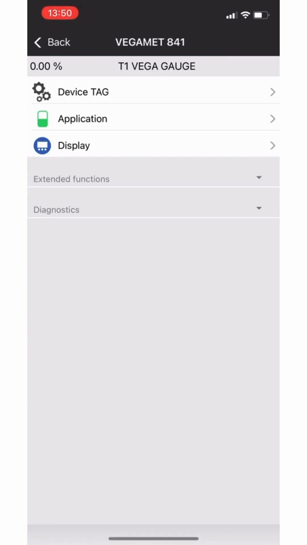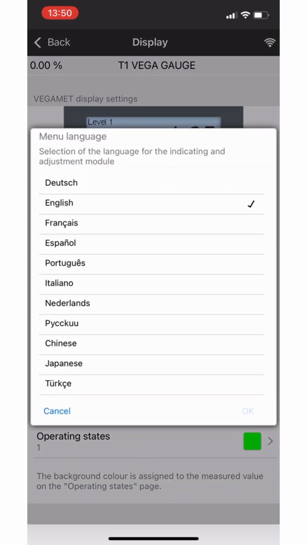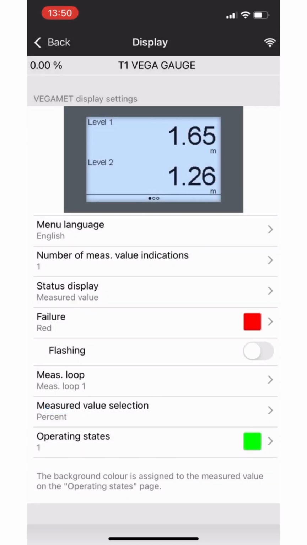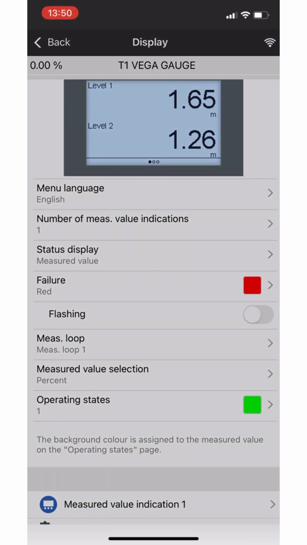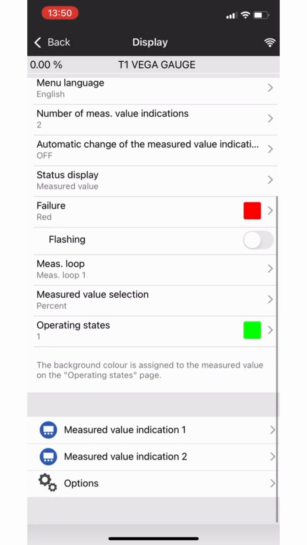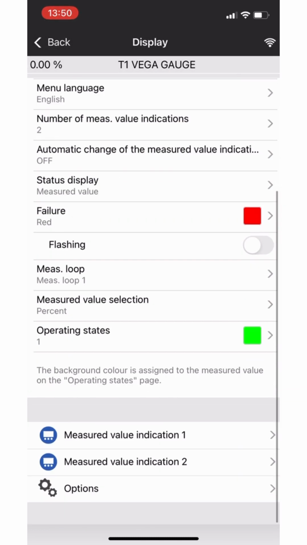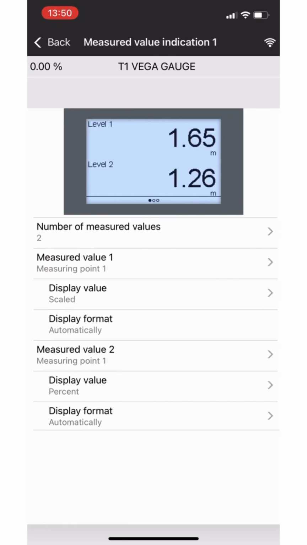And if we go to setup again, and this time to the display menu, we can change some more details on this display. We can change the language. And in fact, you can have up to 3 screens on the display, which you can either have auto scrolling, or there's a left-right button on the actual user interface on the front of the gauge, which we can then switch